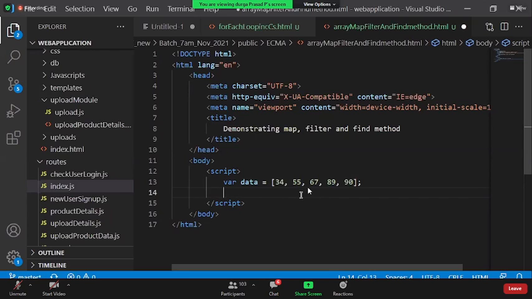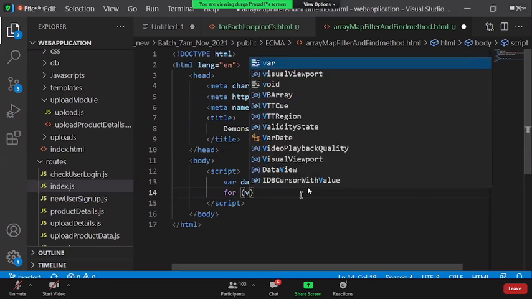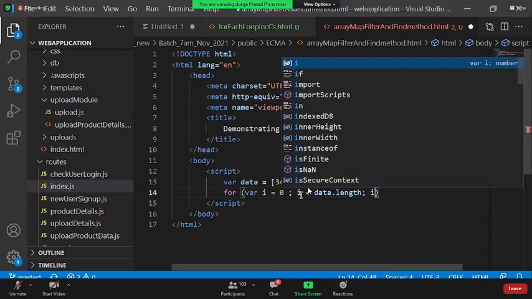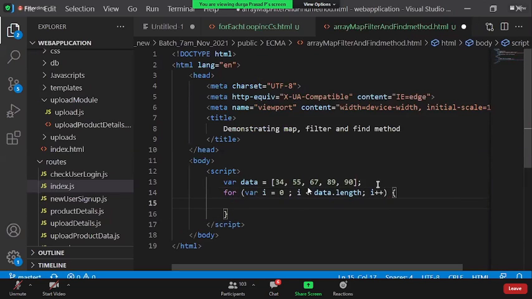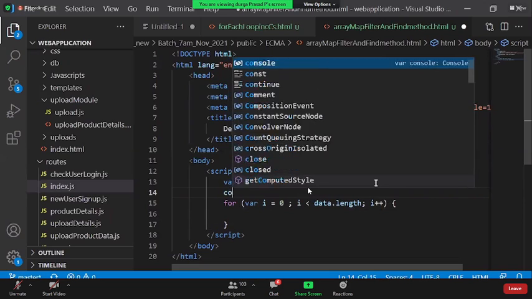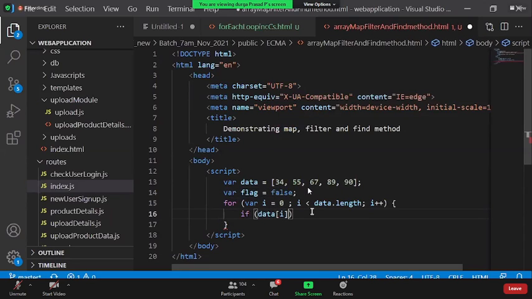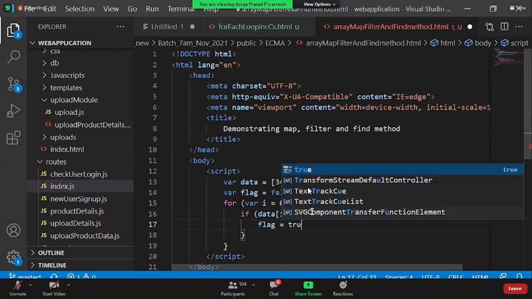In ECMA 5, what we used to do is say for var i equal to 0, i less than data.length, i++. We used to say var flag equal to false. Then I put a condition: if data of i is equal to 67, then I say flag equal to true.